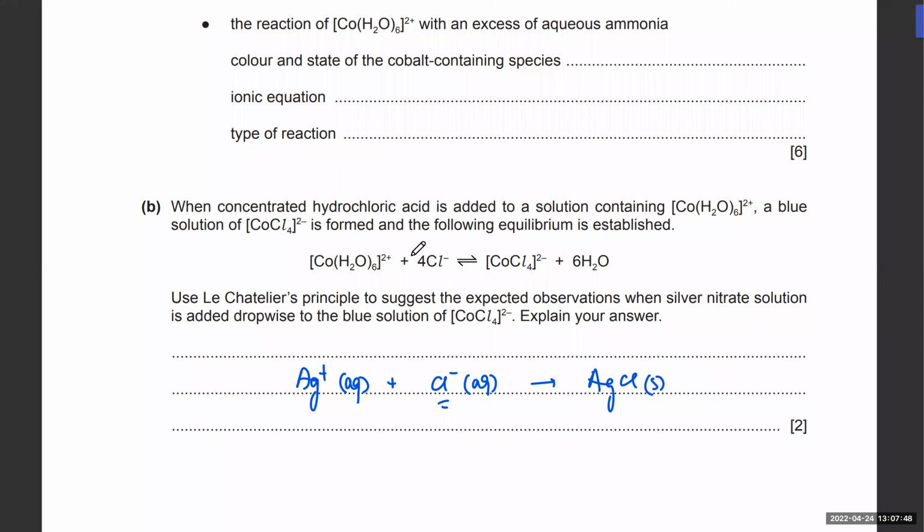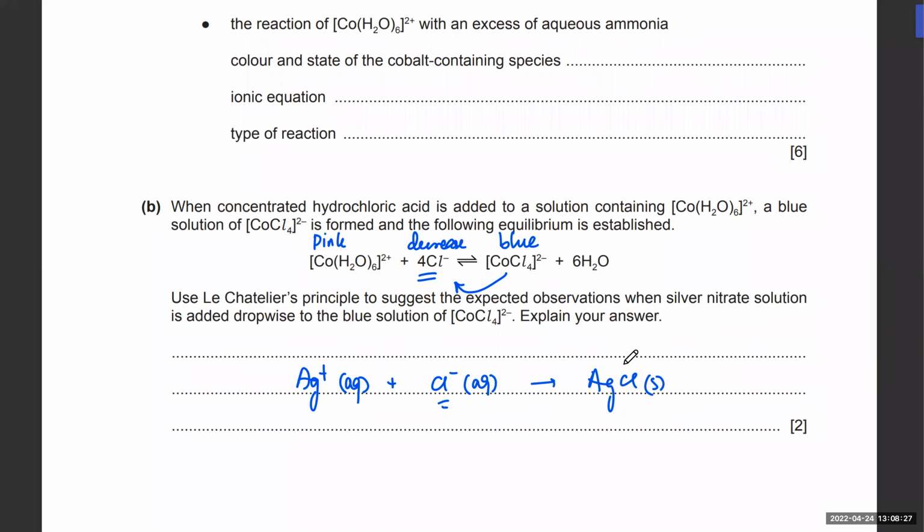But what will happen to this equilibrium over here? What will happen to the concentration of Cl ions? It's going to decrease, right? Why? Because they're forming the white precipitate. Okay, so the concentration of Cl ions will decrease. Where would the equilibrium shift? The equilibrium would shift backwards. And if it shifts backwards, so this one is pink, while this one is blue. So the blue solution changes to pink. Plus there's going to be a white precipitate. ठीक है, is that clear? जी सर।